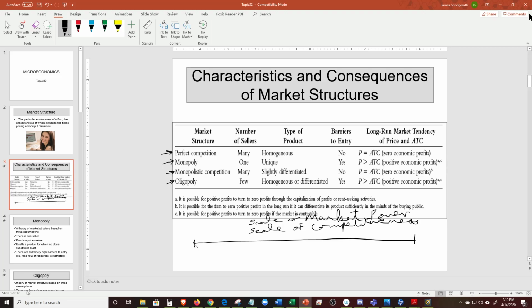And as far as market power goes, let's put power sort of above, and the degree of competition below. So here there would be no power, and this is right at this end is